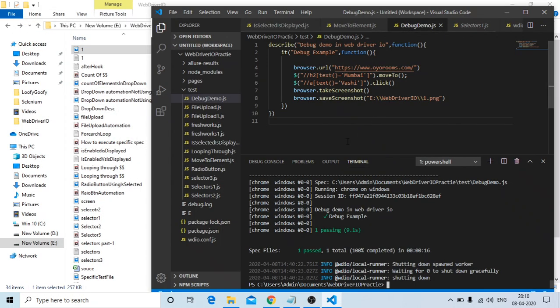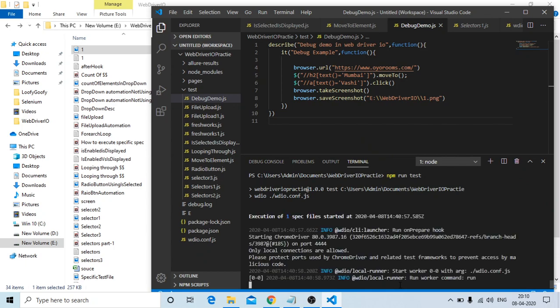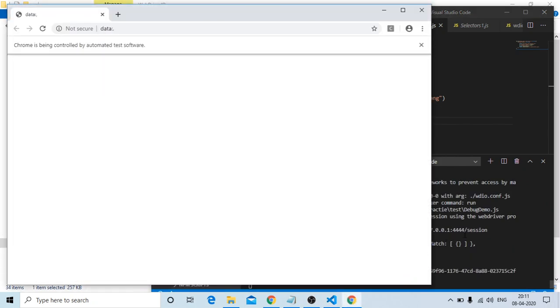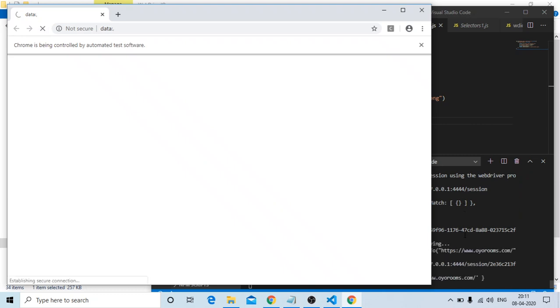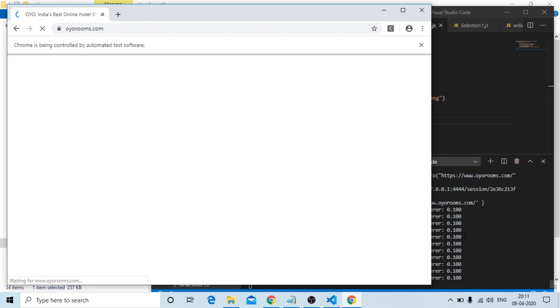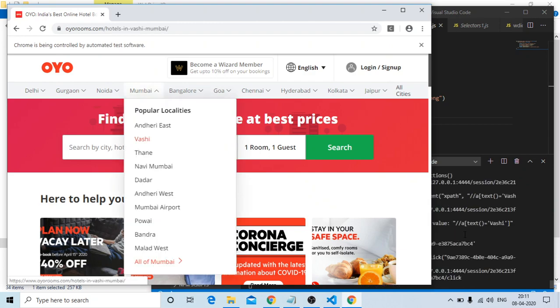So if I execute one more time, will it replace? Let's see that. So I'm executing this. The same file should get replaced instead of throwing some error. So let's see that. It started running now.